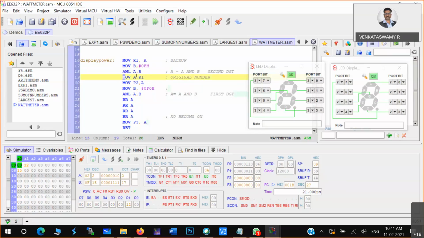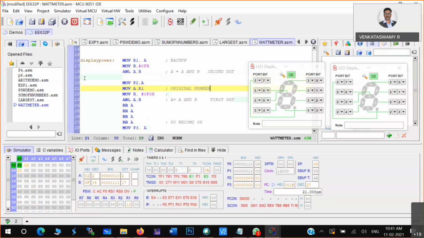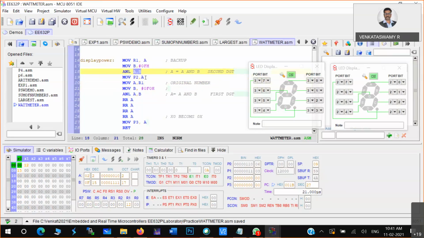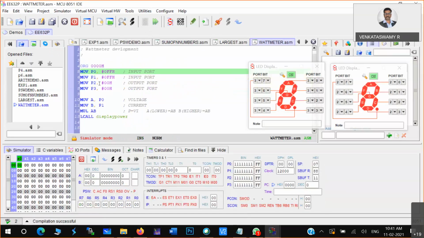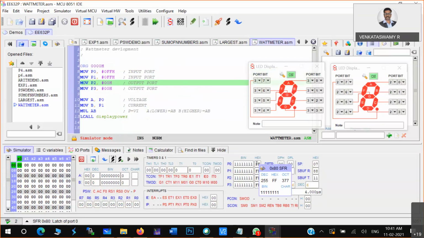What we have to do, this instruction we have to take it to the next line. So logical AND operation result will come to accumulator. Put that particular accumulator content to P2. Similarly, take the original number and do the things again. Okay, so now I'm just running the program. So preferably, what is our values here? Our values would be 0, 6, 0, 3. We'll always give 12. Okay, let me run the program.